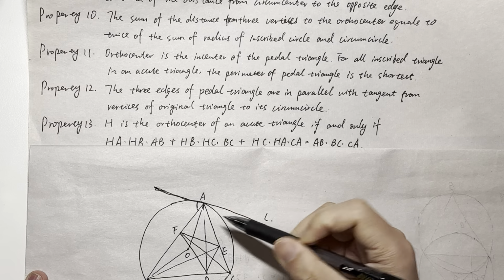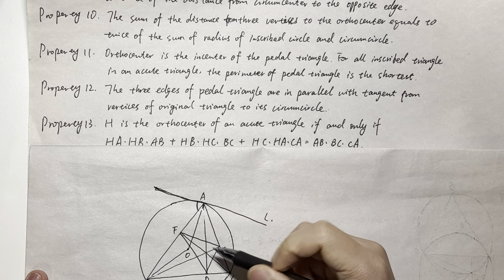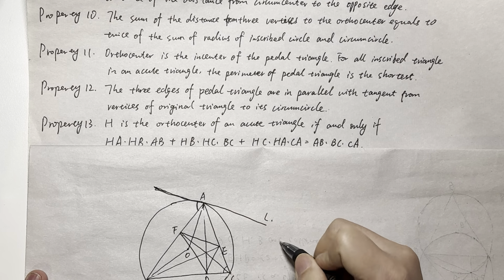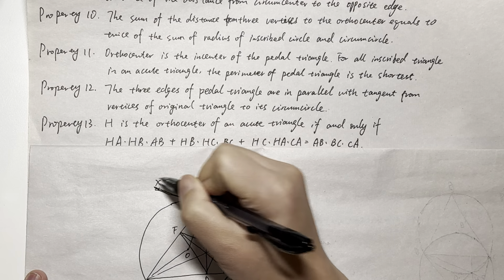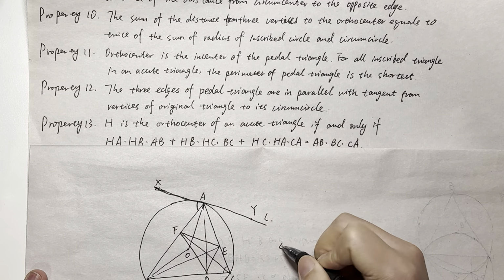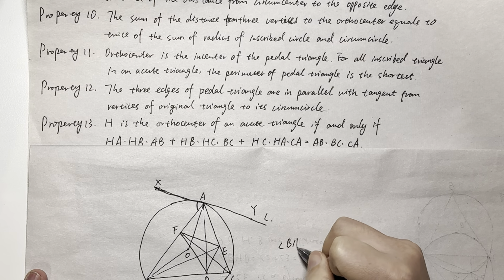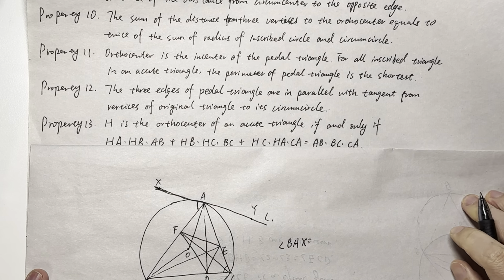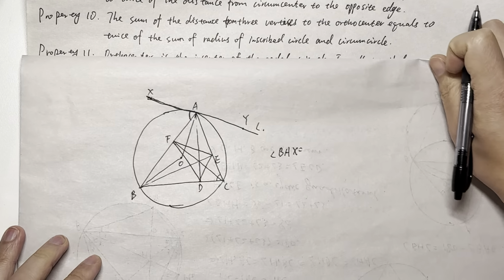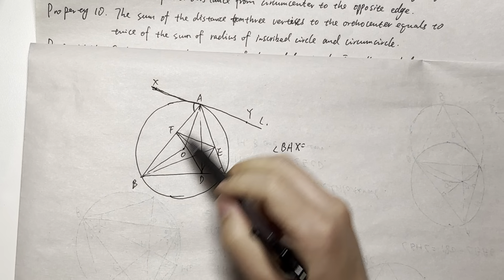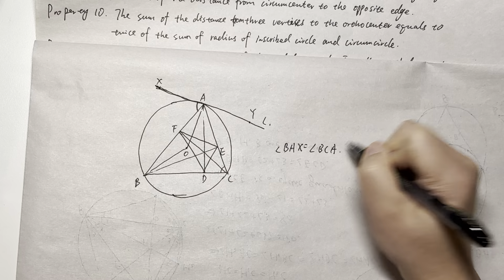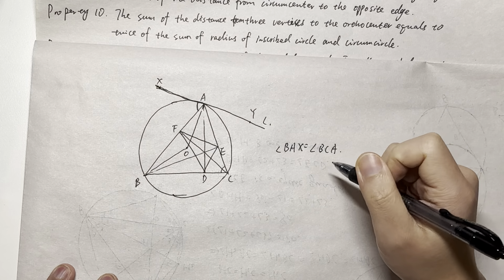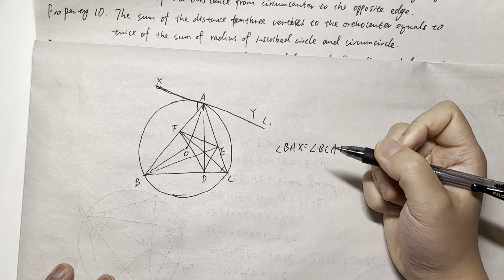This angle equals this angle, right? Let's give some names here, for example, a point X and a point Y. So the angle BAX equals, right? The angle BAX equals angle BCA, right? And we know that